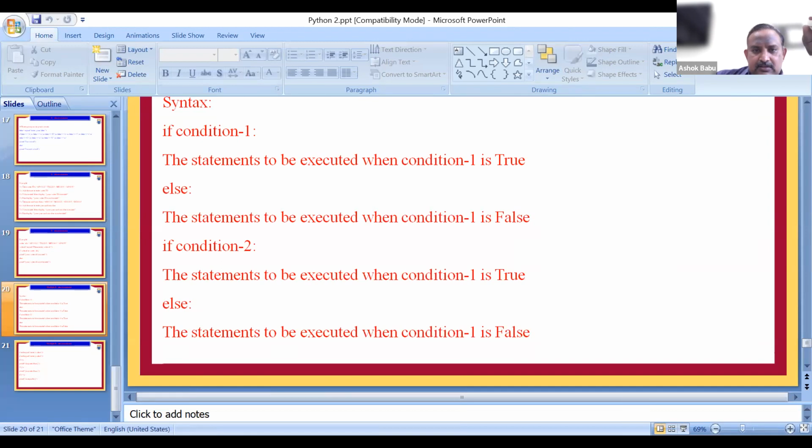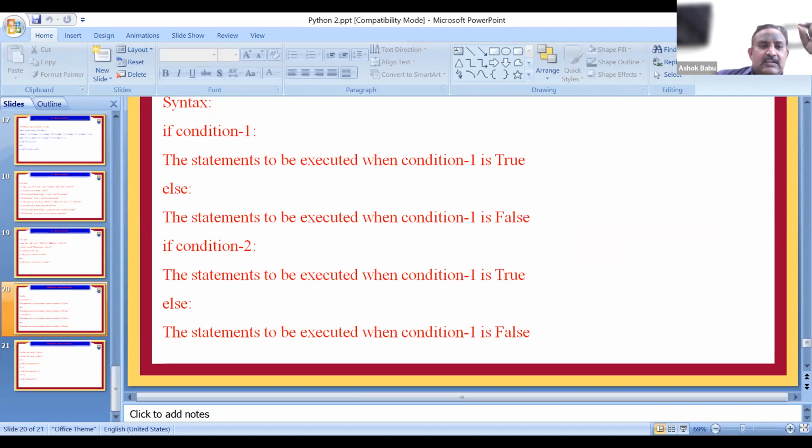j value is some 10. So here I equal to 20 and j equal to 10. So here we can compare the I and j. If I greater than j, print I is greater than j. Because statement 1 is true, because I equal to 20 and j equal to 10, I is greater than j, we need to print that I is greater than j.